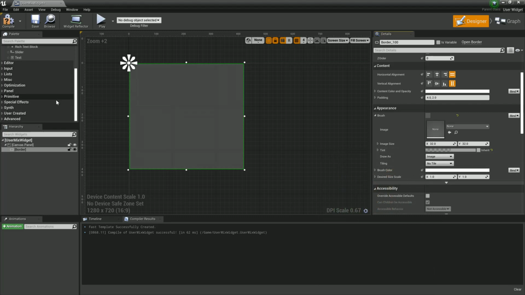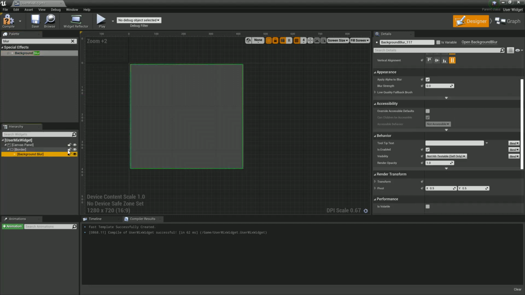And then that effect of background blur is really sweet, so we'll do that. Okay, and then